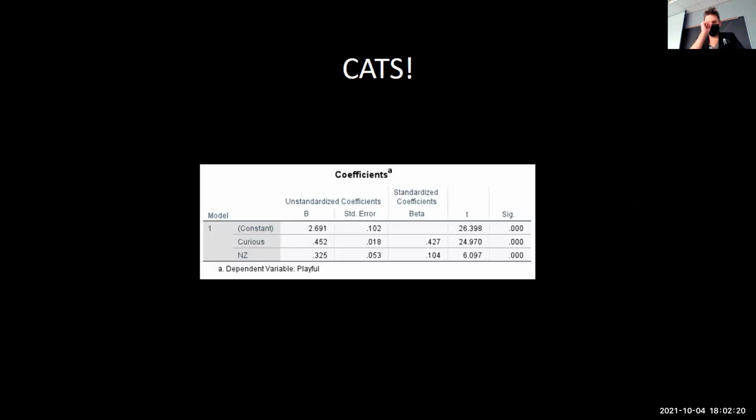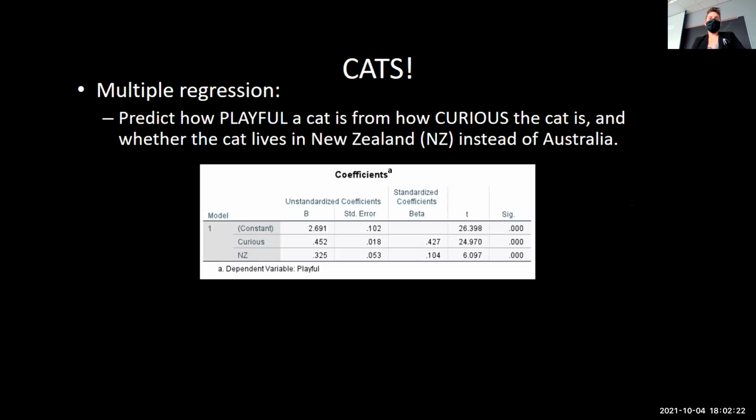So what I have here is a multiple regression. I just have multiple predictors in this linear model, predicting how playful a cat is based on how curious the cat is, and whether the cat lives in New Zealand or in Australia. So my outcome variable, my dependent variable, is how playful the cat is. I have one predictor, which is how curious they are, and one which is, do they live in New Zealand,